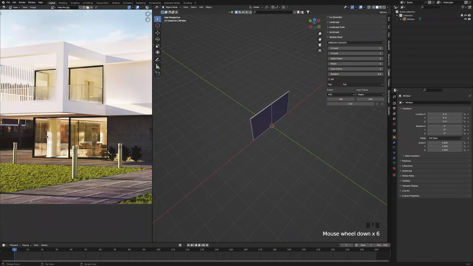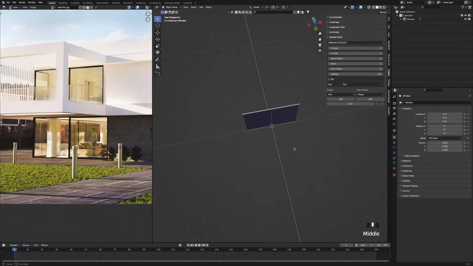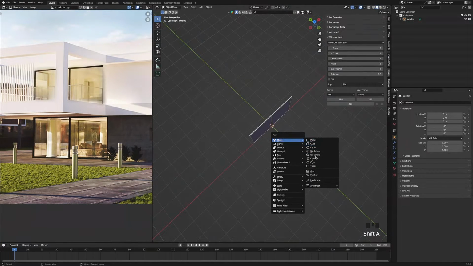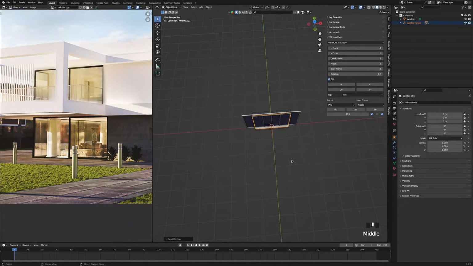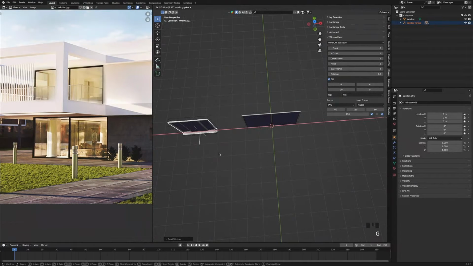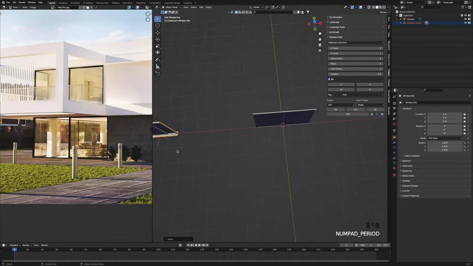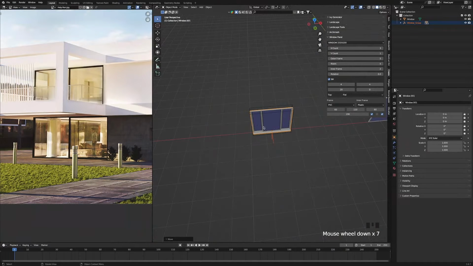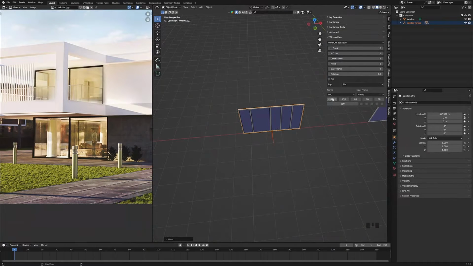And then we're going to make this one that you can see going along the side of the house by pressing Shift A, adding in another panel window, pressing G, X, and moving it to the side here. Press the full stop key to zoom in. This is going to be a much longer one, so we're going to give it 5 panels. Of course, no sill, no inner frames, and same height of 210. But we're going to make the width of the panels 300, so that it's a nice long window which will take up a good amount of the house.